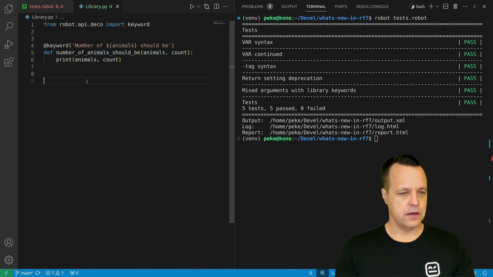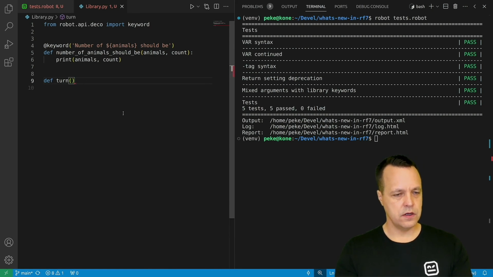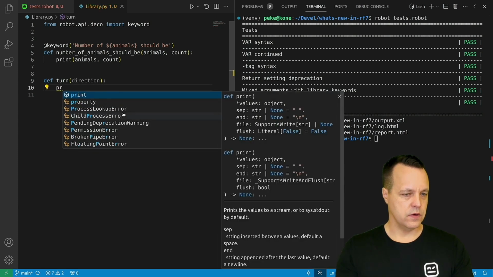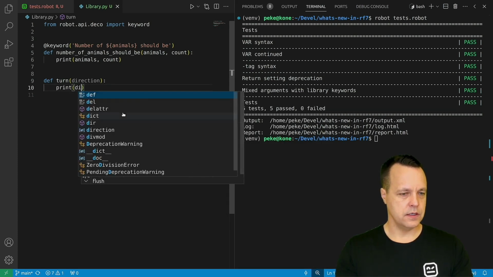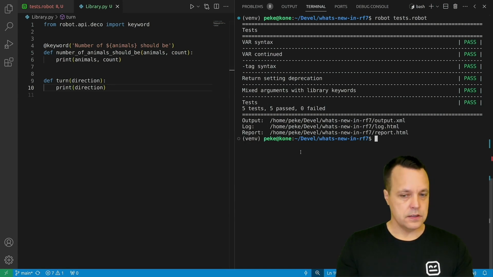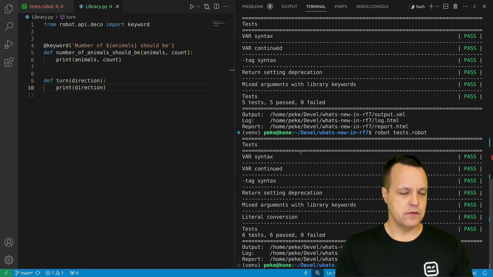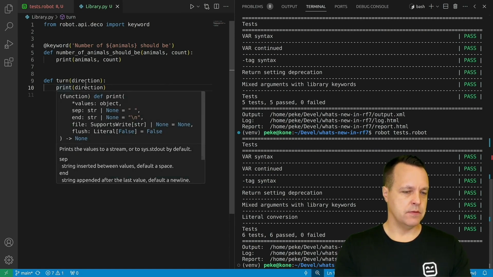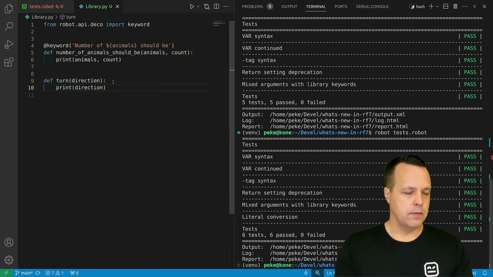If I now add here keyword turn, and notice I don't need to use the keyword decorator here because there's no need for a custom name. It accepts one argument direction. And if we do it like that, we can, for example, print the direction so that we can see that also from the log file. If we do it like this, it passes. Of course, there's no validation. We just accept one argument. That's it. But if we import